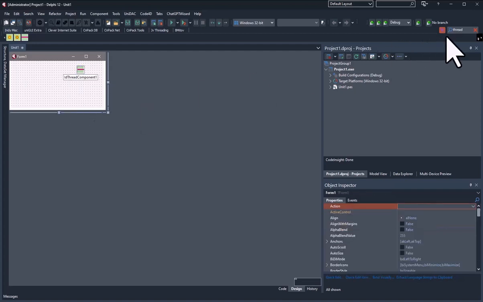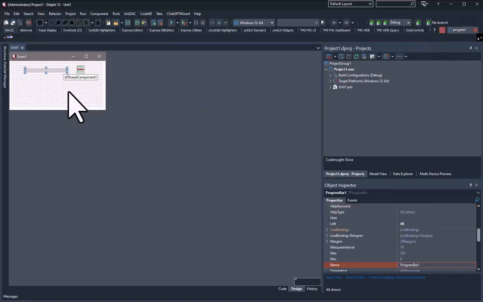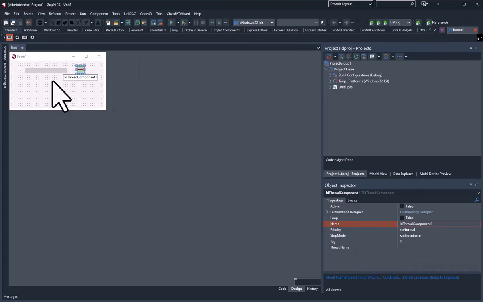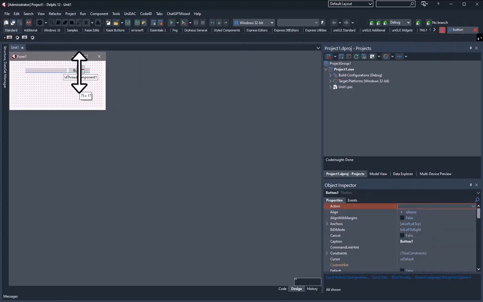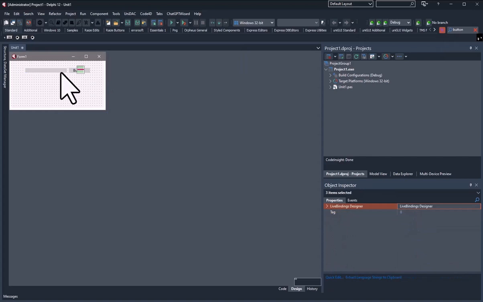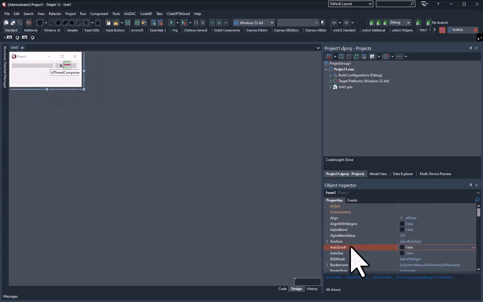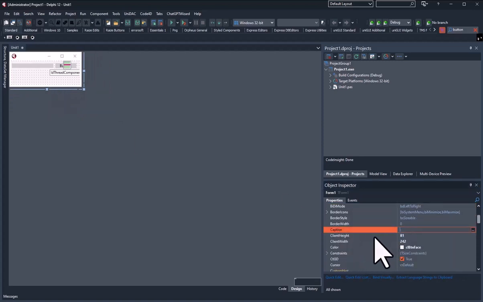So we're going to grab ourselves a progress bar, throw it down, and there's our threading component. And we're going to grab ourselves a button and throw a button down on the form. We're going to put that there, make that evenly match up as best we can, drag all this stuff over where it's nice and pretty, and pull this on up. And then we're going to make this caption say